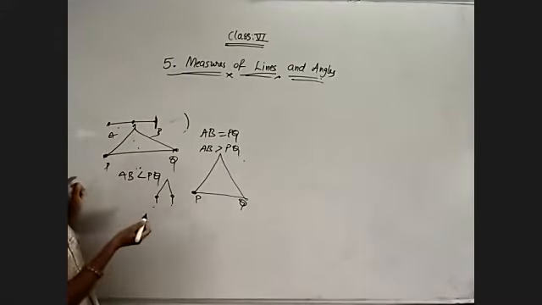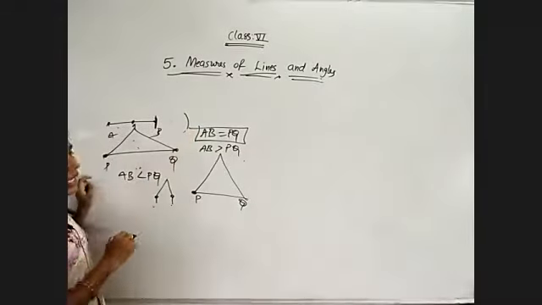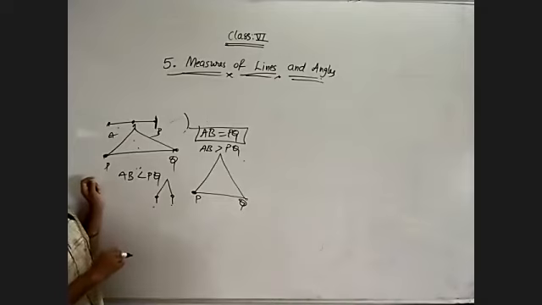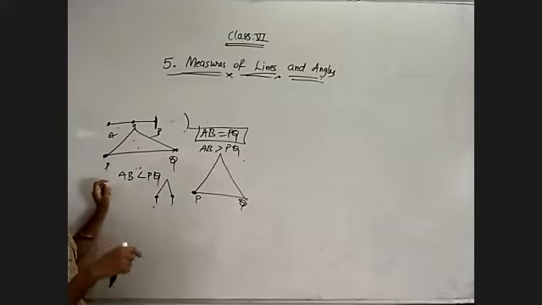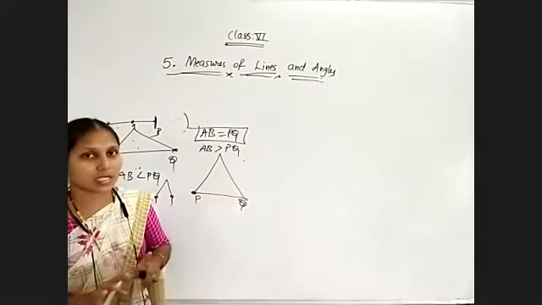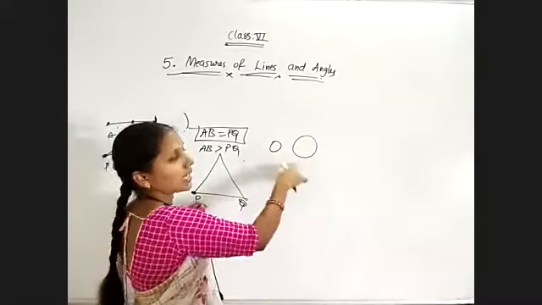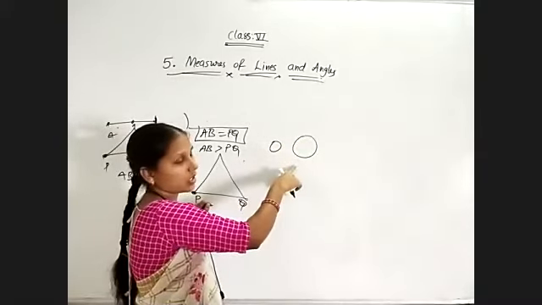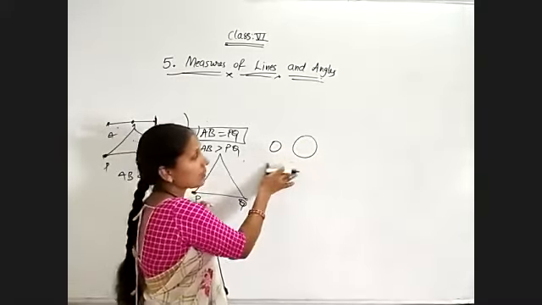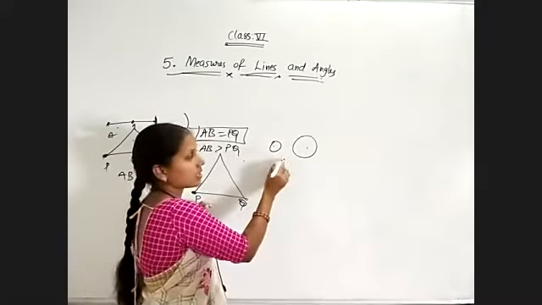And just observe here, if two line segments are equal, then they are termed as congruent line segments. Equal line segments. Congruent in the sense equal. Equal in size as well as shape, then they are said to be congruent. Similar means equal in shape, that's all, not in size. These are two circles, equal in shape, similar in shape. So similar figures are not the same size. These are just similar figures.